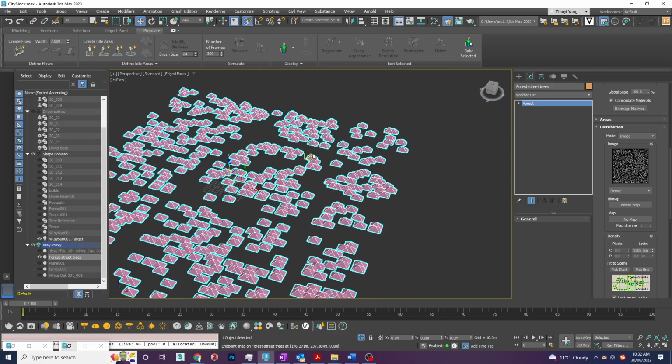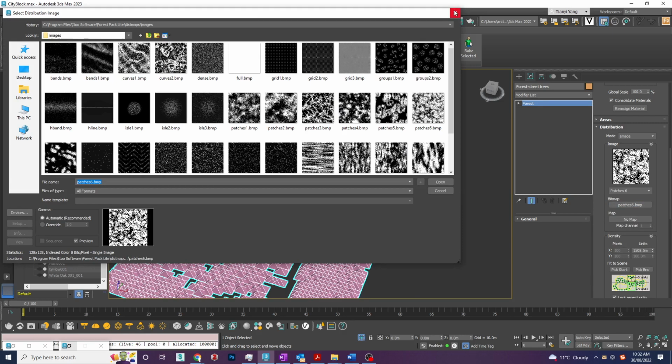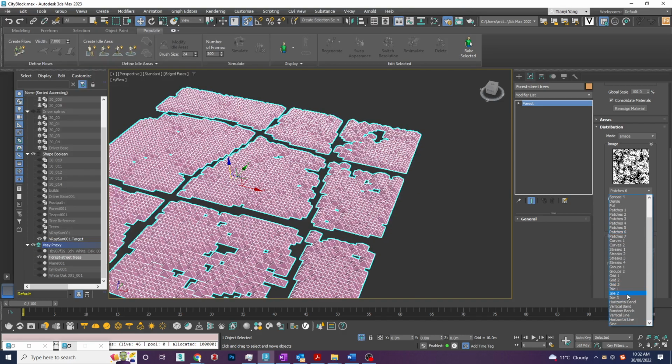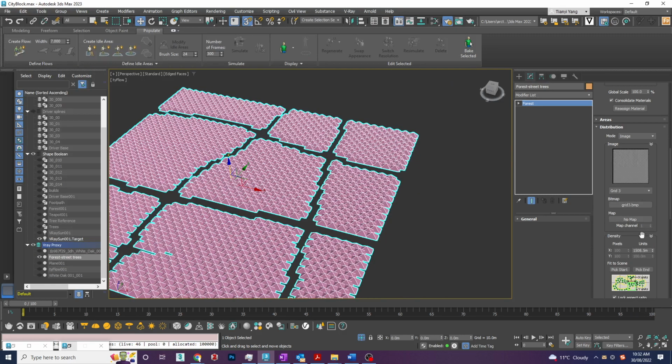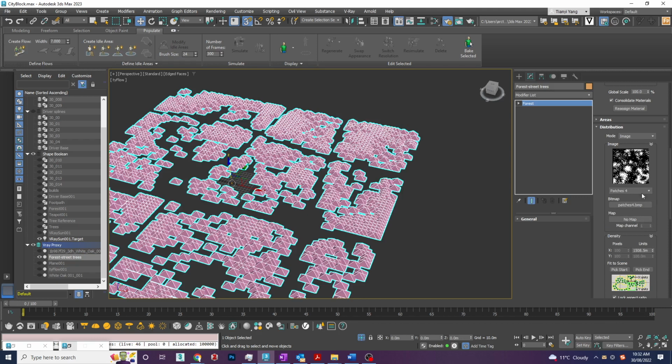You'll see there's fewer trees here, which is just because we changed the units to a higher value. Also, you have a different map to control the placement, or you can use your own texture map to control the placement. It can be placed in a grid, or just in a horizontal line, with different scatter modes. But now, because we want the trees along the splines, what we're going to do is change the mode